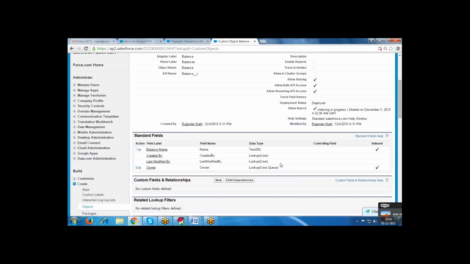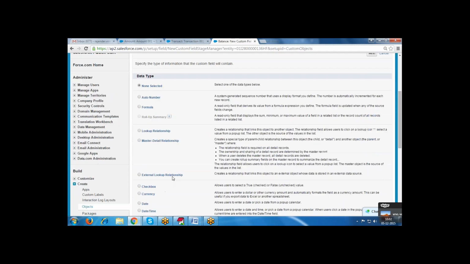Now here I am creating fields. One is a currency type. The condition is balance amount equal to 5,000.